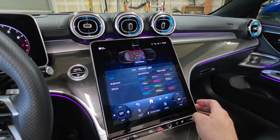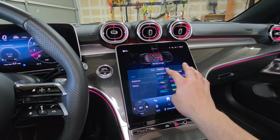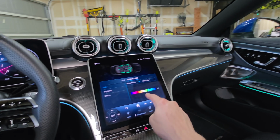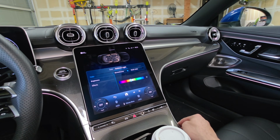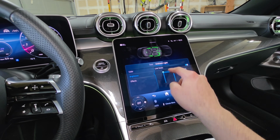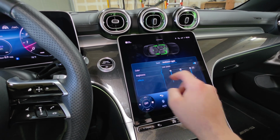And your ambient lighting is also located here, where you can change between many different styles to choose from. But if you select monochrome, this will do a solid color, which will give you access to an RGB color wheel right here, so you can actually pinpoint to the exact color preference you enjoy. But when you select brightness, you can select between the 3 different zones individually or all linked together if you like. And then in effects,